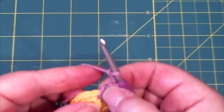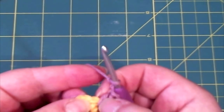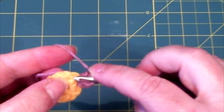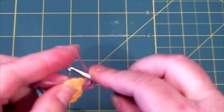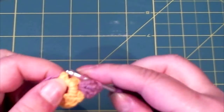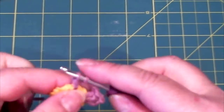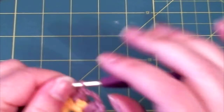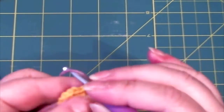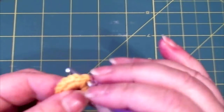Be careful not to skip too much. It can be higher than this. So this is our skipped stitch, and this is the next. We join, make a popcorn stitch, which is 5 double crochet in the same stitch. It's 1 and 2 and 3,